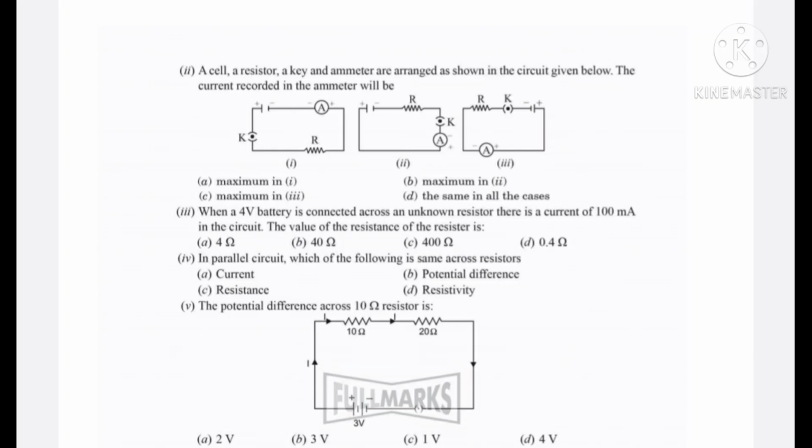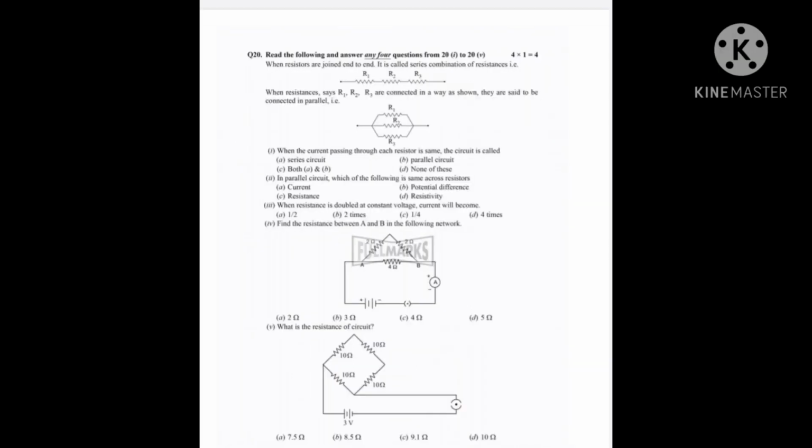Now we will move to the next part. Okay, so this is also a case study like question. Here the series connection and parallel connection are explained at the top. Then related to that, the questions are asked, like what about a series circuit, or which quantity will remain the same in the case of series, in the case of potential, etc. And two numericals are given. You have to solve that also. Very simple question only. So try to do this by reading the questions.